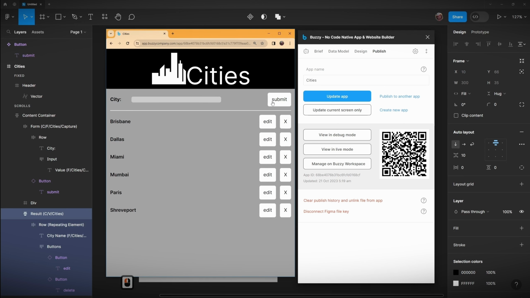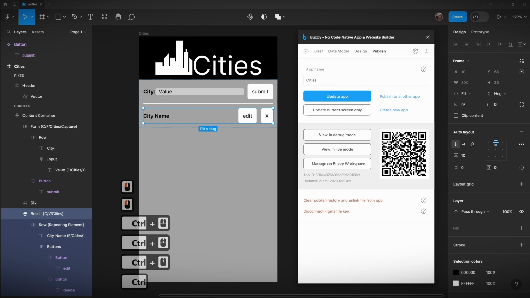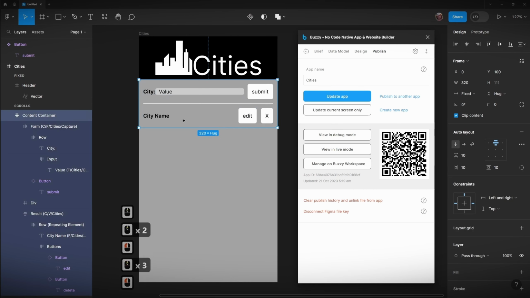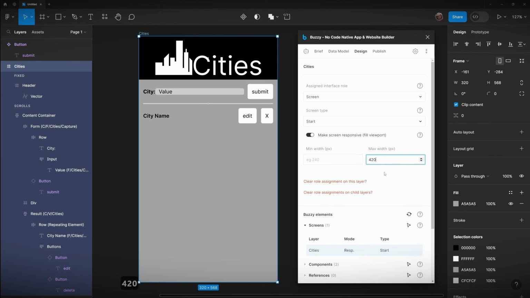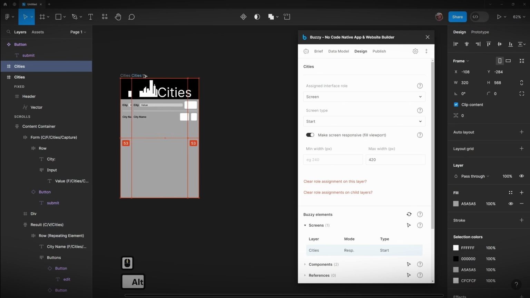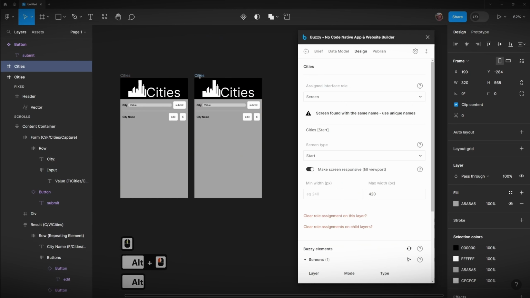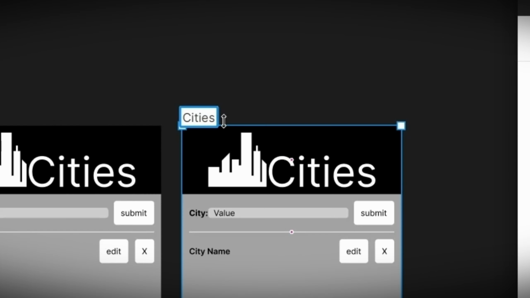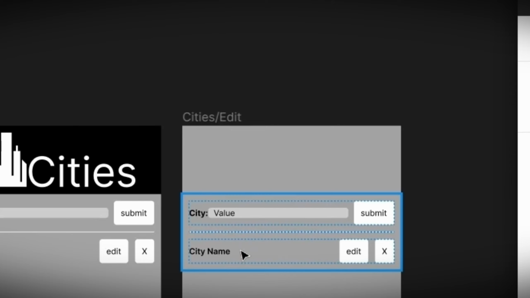To get our edit button working and thus achieve our desired update functionality, we are going to make our second screen. Note that I've also decided to change the max width to 420 pixels. There are a few ways to duplicate a frame or any Figma element. The way I'm doing it here is holding down Alt while I click and drag to make a copy. We are going to rename this new screen as Cities/Edit and remove some layers and elements that we don't need